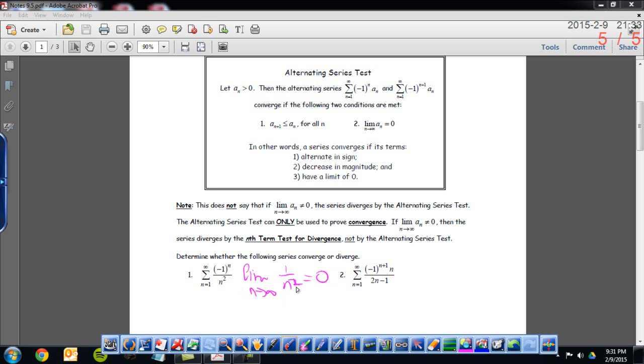We know that they are decreasing because if you just plug a few numbers in your head, if you plug in 1 for n, you're going to get 1 over 1 squared. If you plug in a 2 for n, you're going to get 1 over 2 squared, or 1/4. 3 for n is going to give you 1/9, so those terms are decreasing, and the limit as n approaches infinity equals 0. So we say that because the terms are alternating,